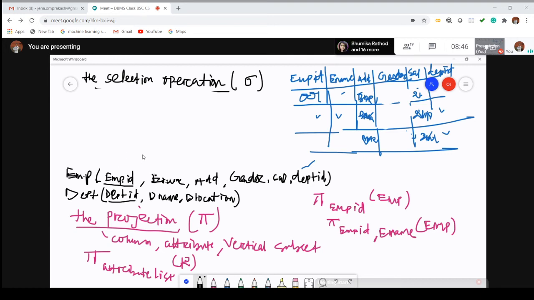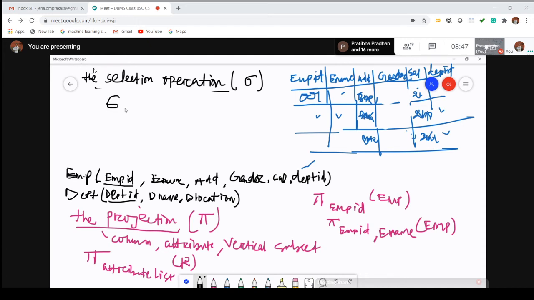So how to perform this? Always remember, whenever there is a selection and a projection, the selection operation is executed first. What is the reason? If we perform the selection operation, we can filter the values and remove the unnecessary tuples, then go for retrieving the columns. But if you perform the projection first, all the unnecessary values will be there, but our requirement is that gender should be female. So first you have to perform that operation.